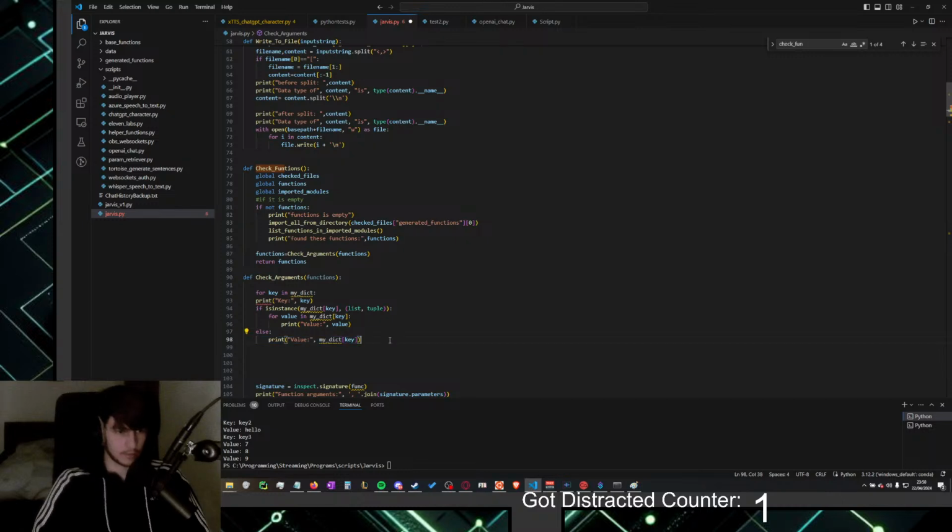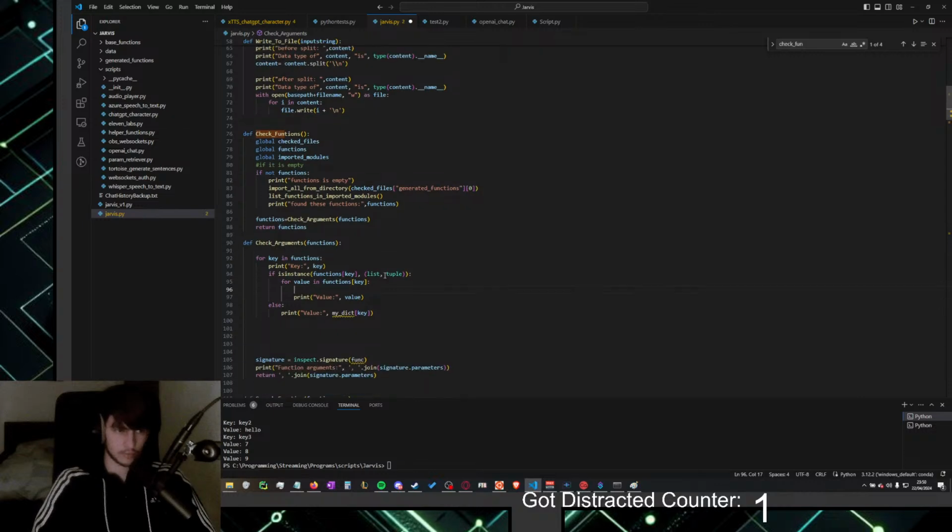Why did this not indent correctly? Functions. Okay, we don't want to print it, we want to do things with it.